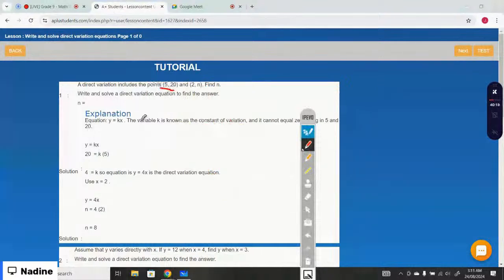Start with the first point. Replace the values and find k, right? That is 20 equals 5k, and when you divide, k equals 4. So now you have the equation that is y equals 4x. So you are given y that is 2. So you have to do 4x. Calculate the value of x, that would be,